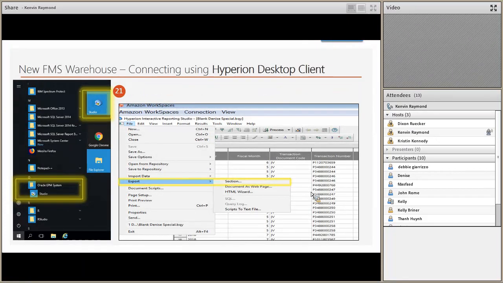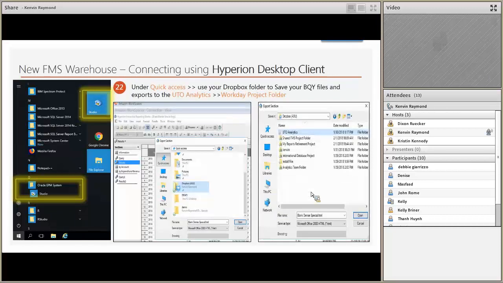Now that we've signed on to Dropbox, once we have an open report and we would like to save our files to a specific drive, we want to basically do the same process that we do in My Reports, and that is to use the file option, click onto export, go to section, and make sure you're on the section that you want to export. Once you have that section opened out, then you can hit File, Export Section. And then since we've created